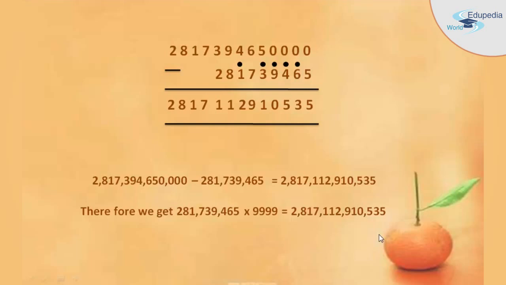The most important thing that we have to remember here is that this case number 3 shortcut can be used only when the number of digits in the multiplicand is more than the number of 9s in the series of 9s. So guys, I hope that you have understood pretty well how to use this case number 3 shortcut. And in the next session, we are going to have a look at the last example of case number 3 shortcut.